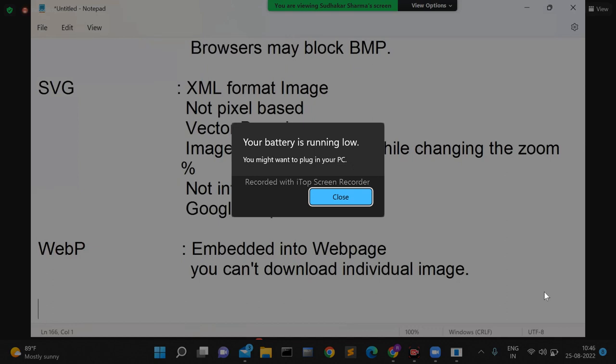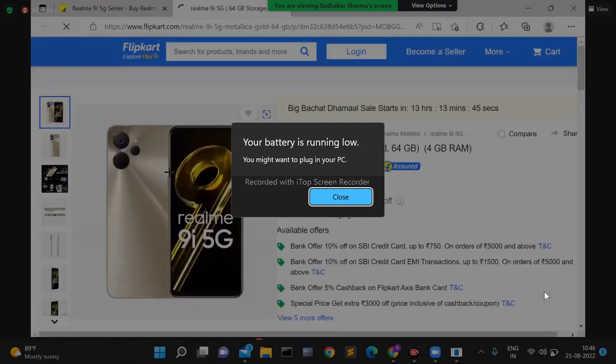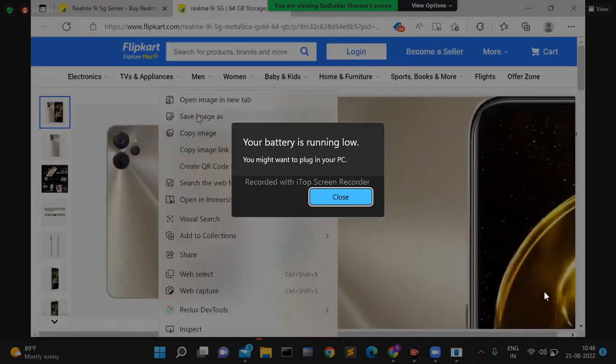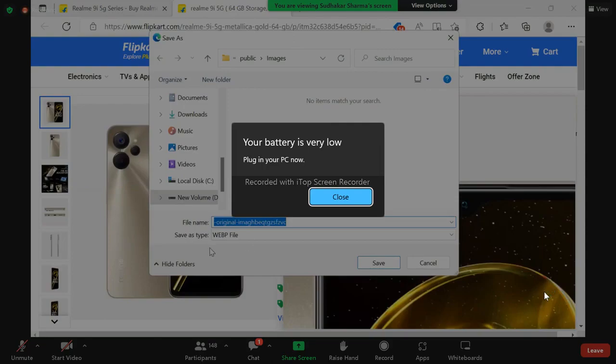Already, we are using it on various occasions. Now, you see several websites. I hope you have tried some websites. In order to save any picture, you can right click on the picture and select save image as. But when you select save image as, some websites these days will save complete